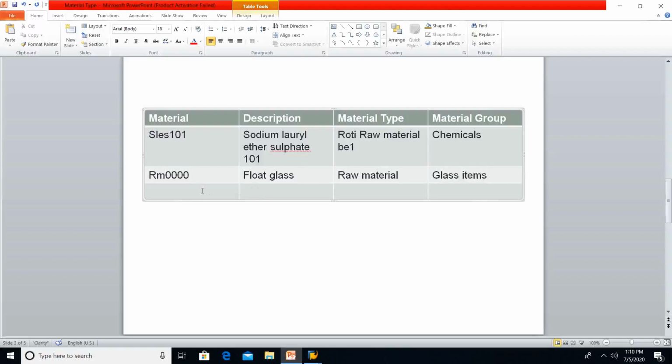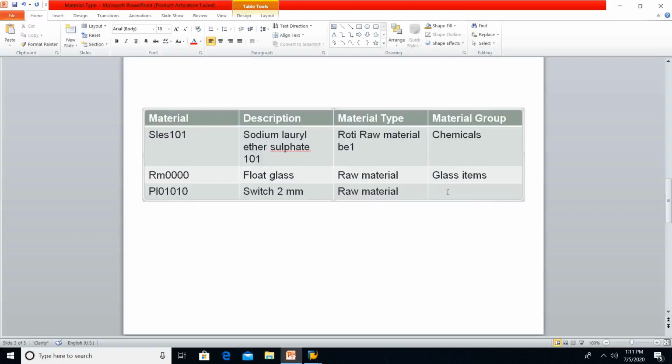Similarly, let me give one more example for betterment. Switch, we know very well about switches. 2 mm. Code I can give something like PL 01010. Material type, obviously I am going to buy this material from the supplier, so I can consider it as raw material for the switch.